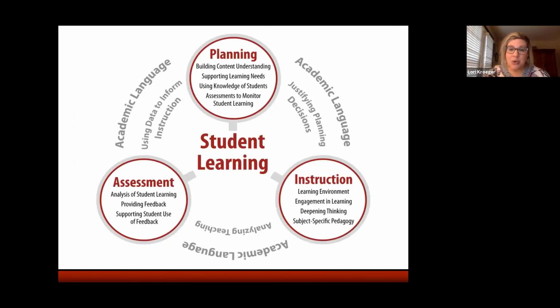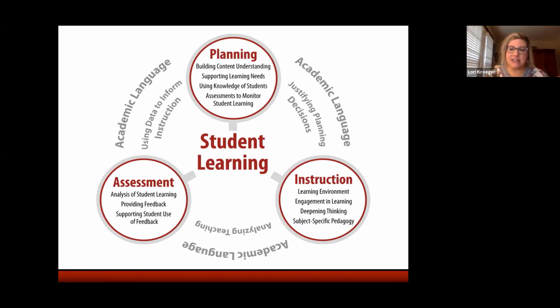All right, so what I want to do now is unpack the structure of edTPA for you so that you can understand the organization of the assessment. edTPA is divided into three tasks: planning, instruction, and assessment. Task 1, the planning task, is the intended teaching.